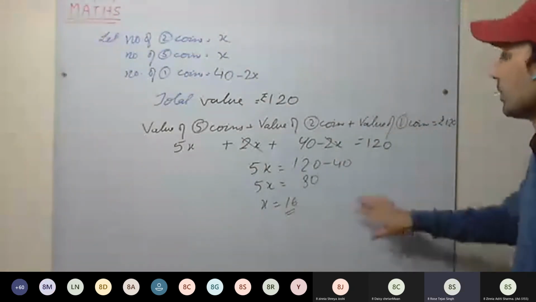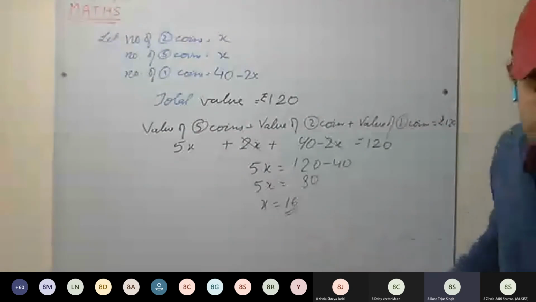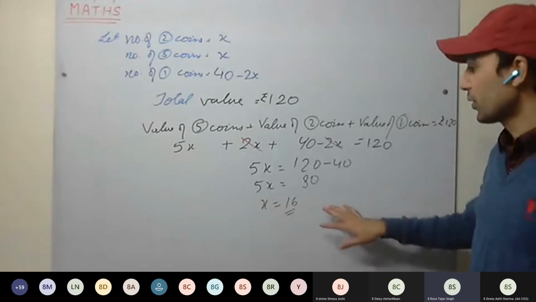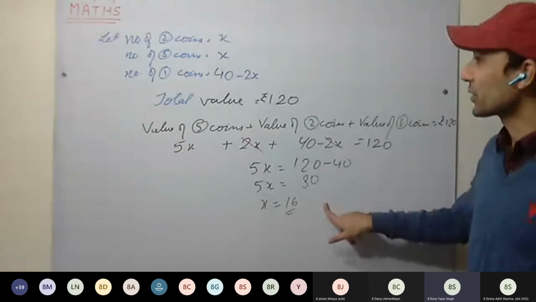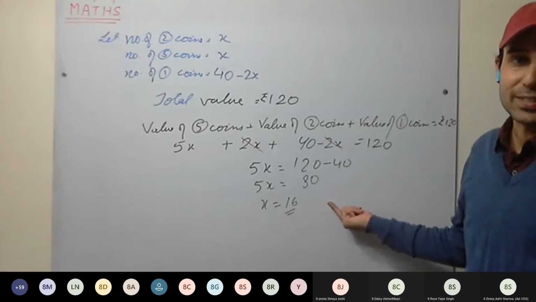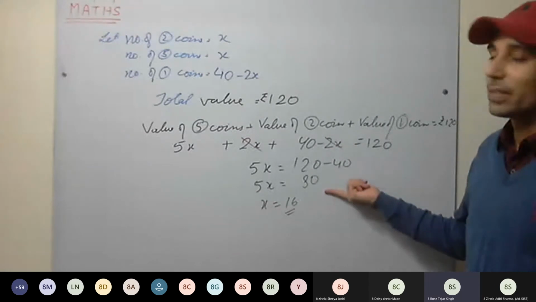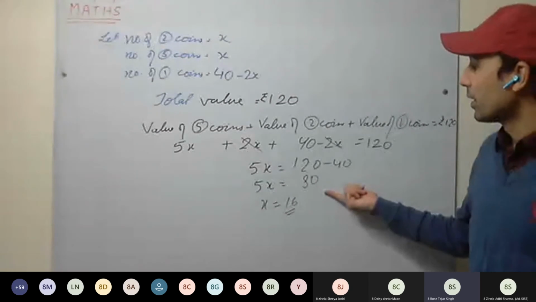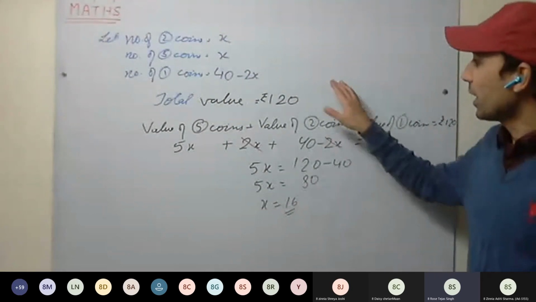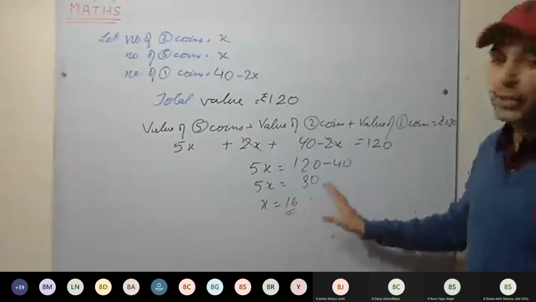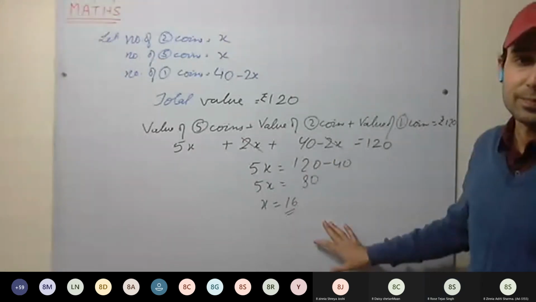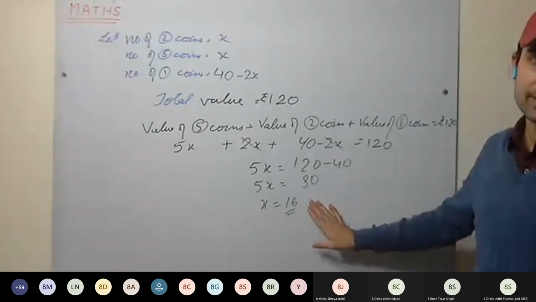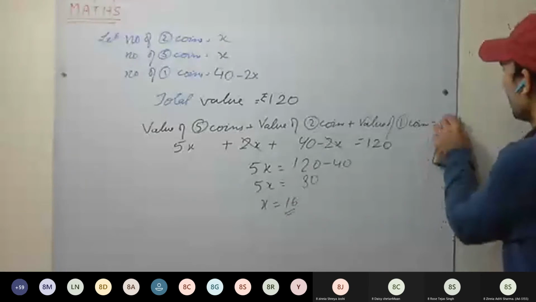Sir, can you explain this question one more time? What you haven't understood, you tell me first. Sir, this question full, it's not possible. What you haven't understood? Sir, today my network problem. So, sir, I joined now only. Okay, do one thing. Go through the video. If you don't understand, ask me tomorrow morning, okay? Come 5 minutes early, 8:55 I'll be here and I will tell you then, okay? Go through the video once, okay?